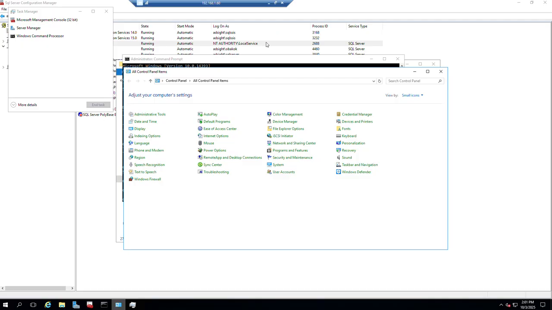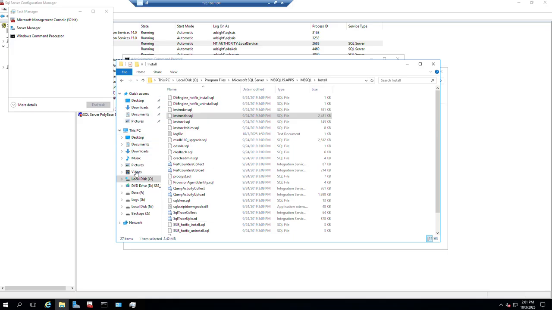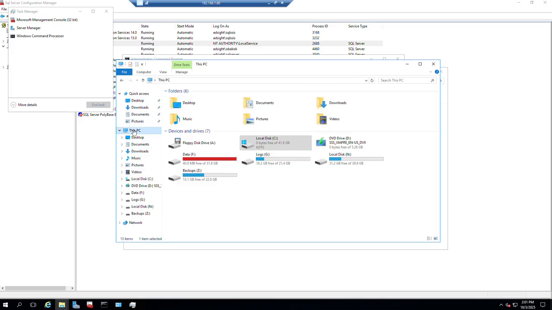And in this video, we're going to go back and try to fix all the space issues that we were seeing on the Windows drives, on the drive systems here. So we had an issue with the F drive. You can see the C drive is running out of space. And so